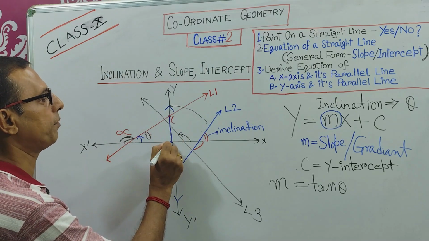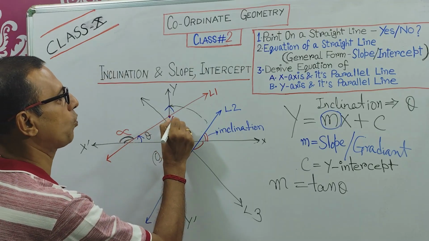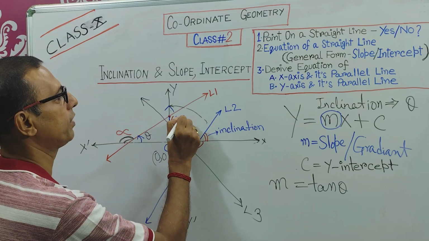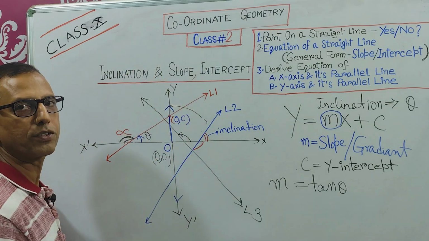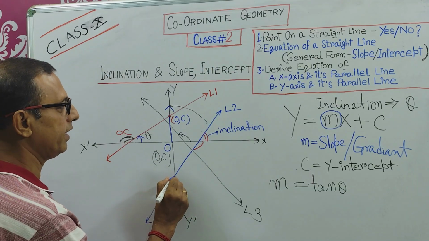The portion between the origin and this point is, let's say, c. Therefore the coordinates will be x coordinate 0, y coordinate c, because c is in the positive direction. For line L2,